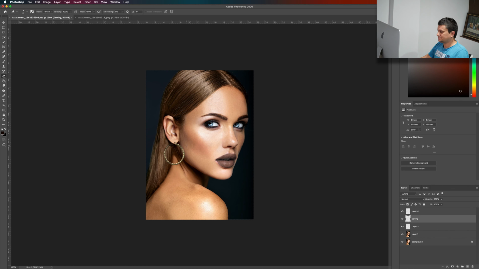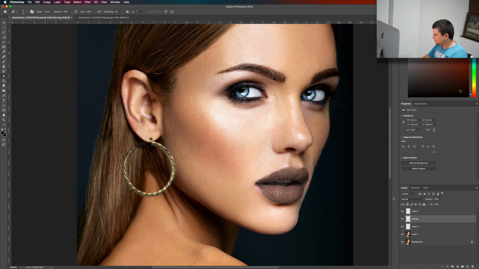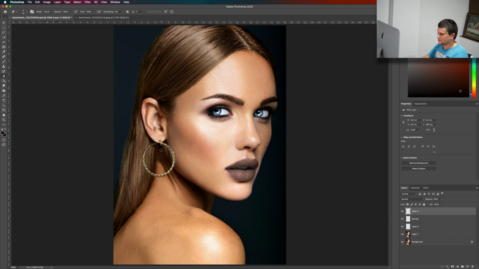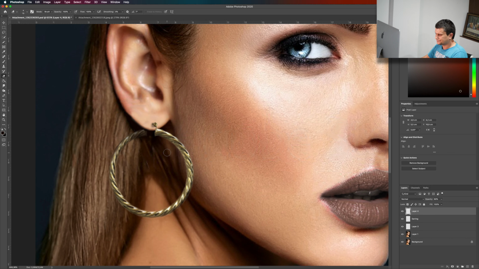Like this. Now, once you have the earring on the bottom, let's lower the opacity of the shadows, like this, so that it looks more realistic.